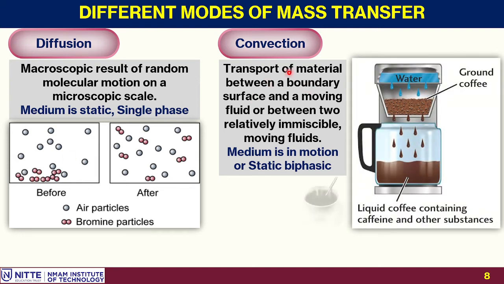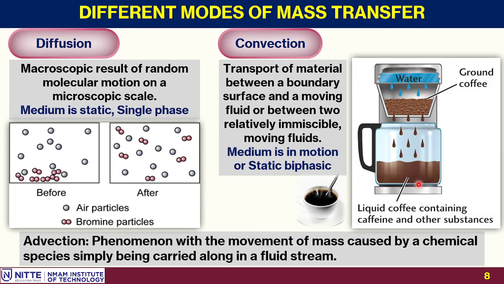Another example for convection I can take is preparing coffee. It's a leaching process. What you do is you add hot water to the coffee beans. The leaching takes place. There is a transfer of caffeine from solids to the water, and water is taking away that caffeine along with it. This is a convective mass transfer. In fact, internally small diffusion is taking place. The molecule of water is moving here. The moving water carries away, and you get a good, tasty coffee at the end of it.